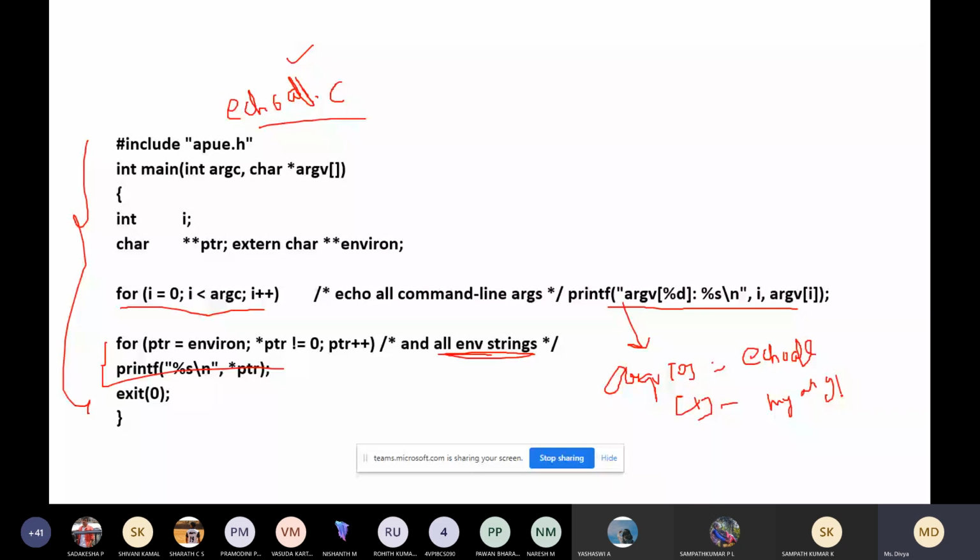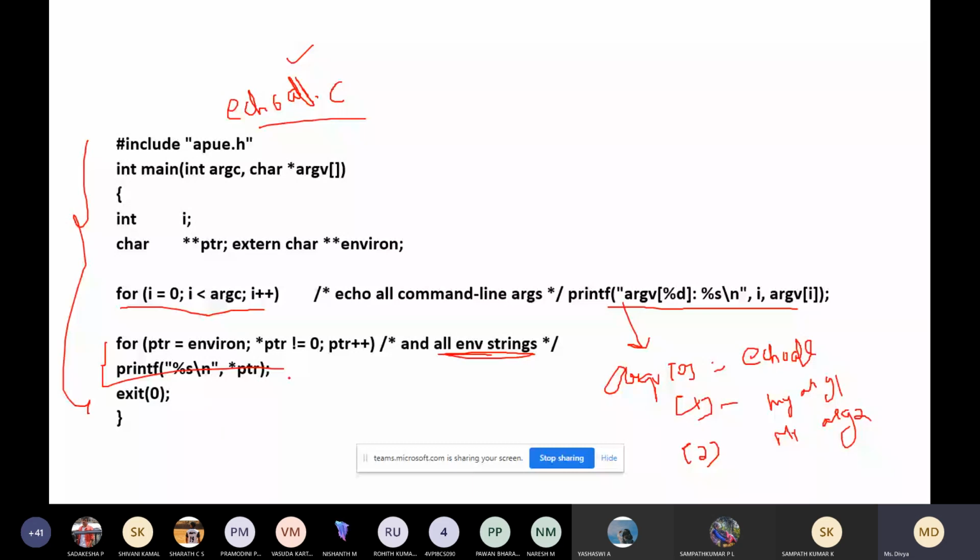We are passing 3 arguments. Then it will start executing the for loop for printing the environmental variables.